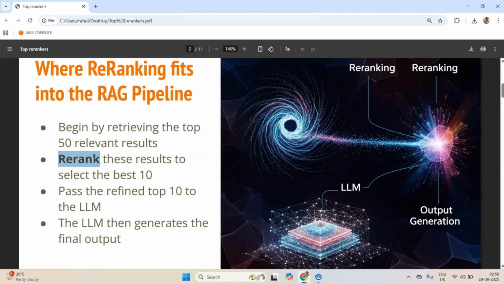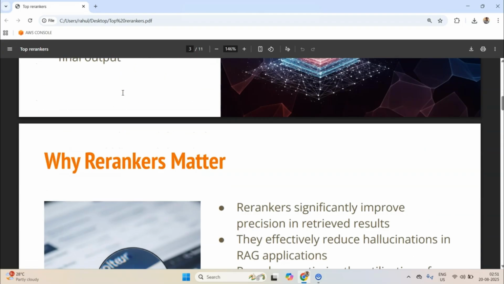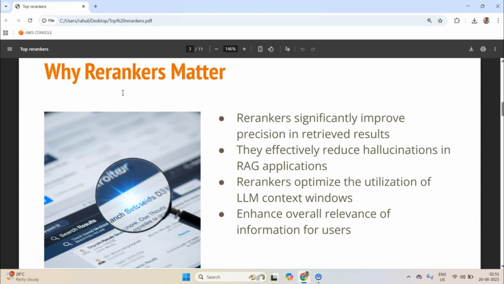The way re-ranking works is, it takes the query and the retrieved results, and this re-ranking pipeline tries to see which of the documents is the best one to answer whatever is being discussed in the query. There are a variety of methods, as we will see later. Then we pass the refined top 10 to the LLM, and then the LLM generates, and this is the G of the RAG. Okay, so let's now move on to the next slide, where we discuss briefly why re-rankers matter.